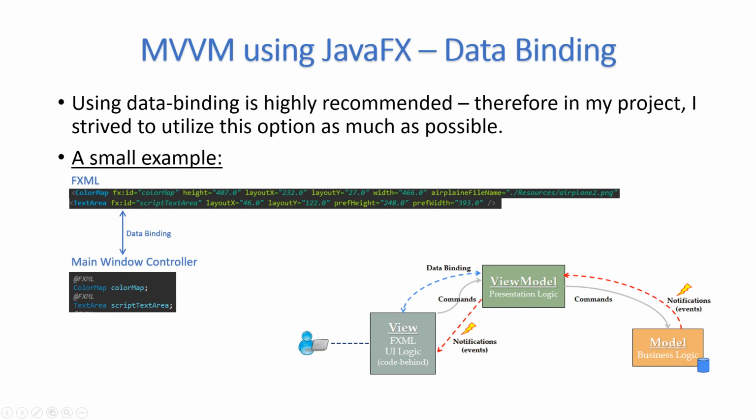For example, this is the fXML, which actually defines how the GUI looks, and in here you can see color map and the ID. And in the main window controller, which interacts directly with the view model, I used data